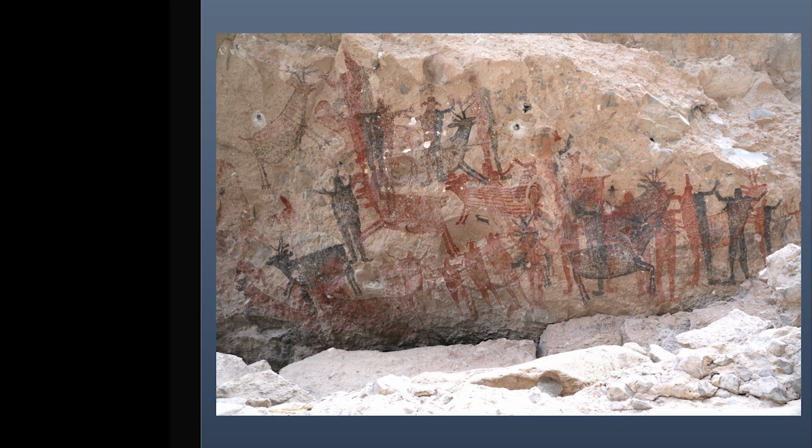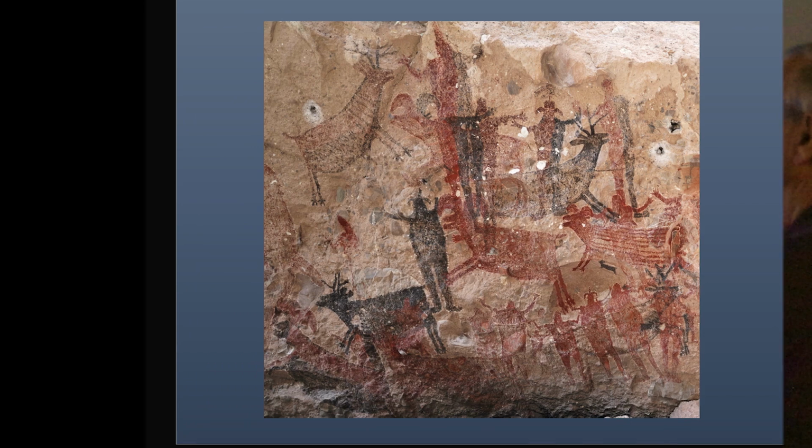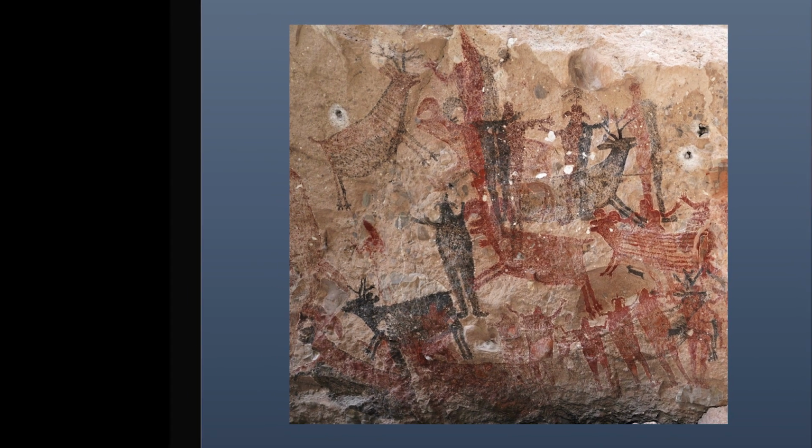And then this is the most spectacular panel, one of the most spectacular panels in all of Baja, and it's really, really well executed. We call this artist the Michelangelo of the San Francisco rock art, because everything is so crisp and colorful and has a little bit of energy to it. And here's the one edge, and you can see a lot of these typical monos, the humans that we saw,